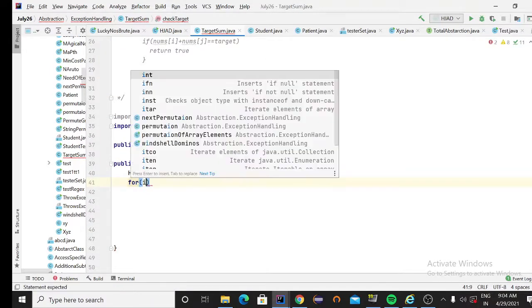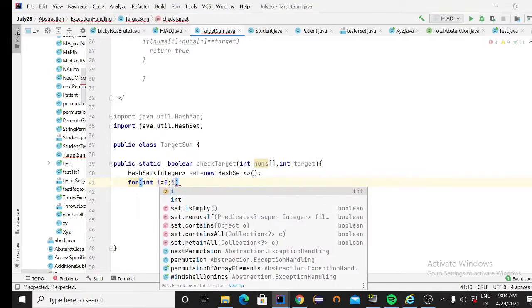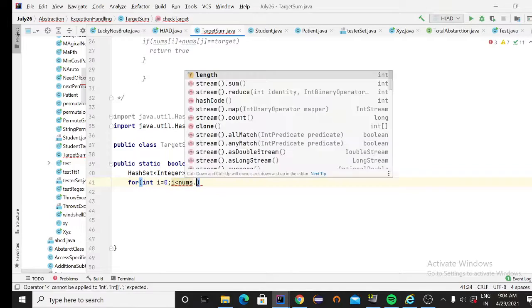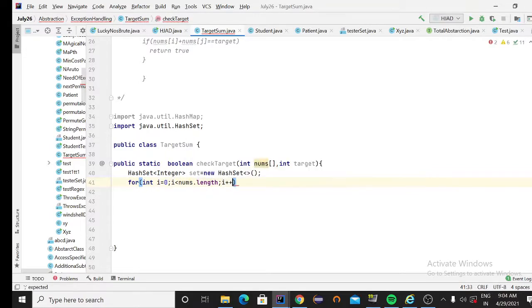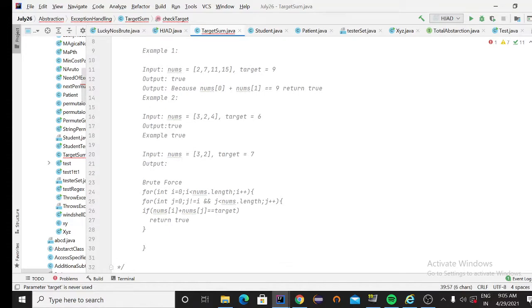For int i equal to 0, i less than nums.length, i plus plus. Now we are going through all the elements. We will check whether target minus nums of i is in the set.